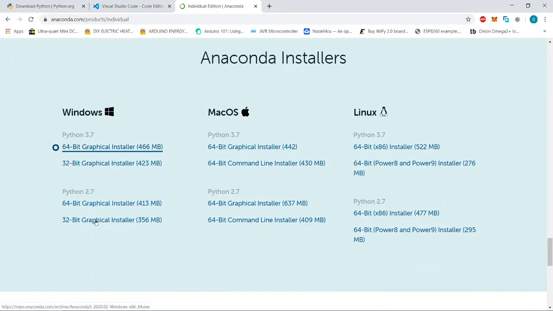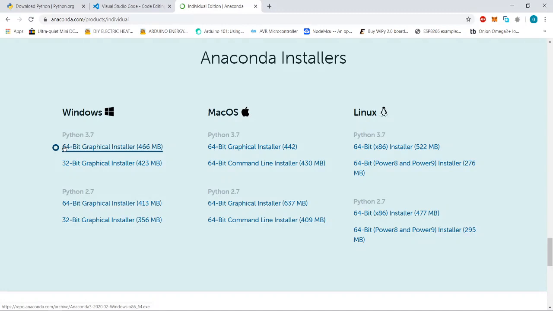Based on your operating system and version preference, you can download any installer. If you are going with Anaconda, there is no need to download Python separately. Python is already part of Anaconda, so just install Anaconda.